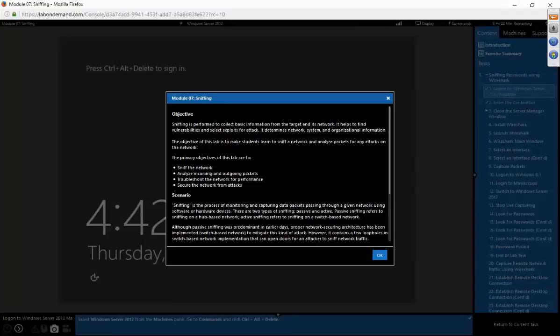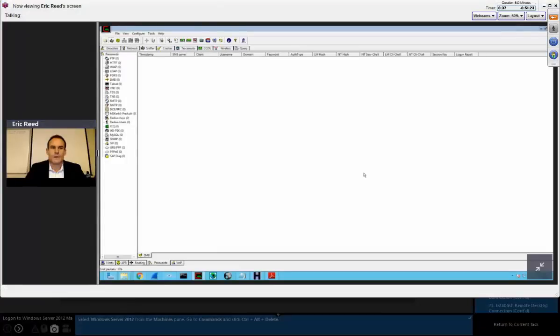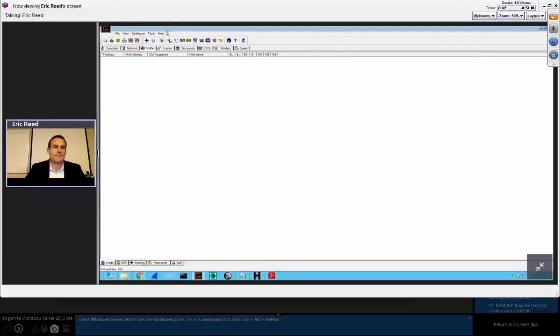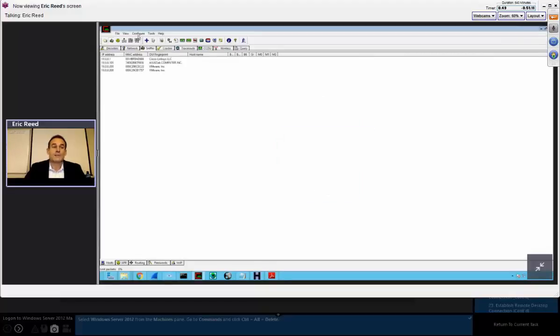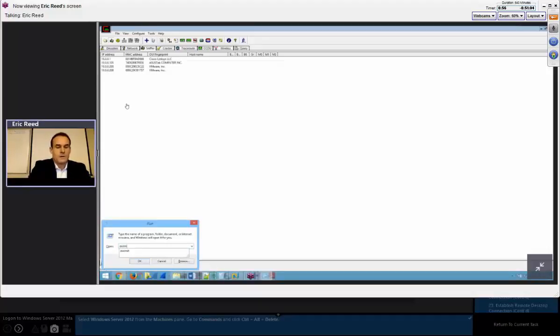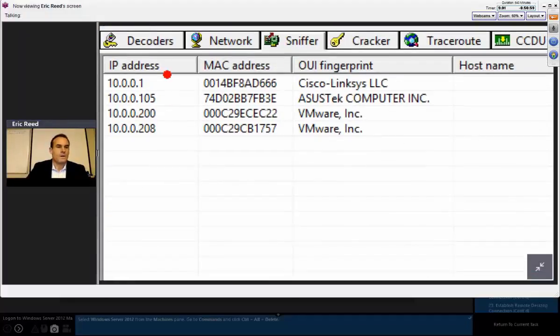All right, so I'm going to use Cain, and I'm going to start up the network adapter. Then I'm going to run a discovery of hosts on the local subnet. So I'll hit the plus symbol, scan all hosts in the subnet, and say OK. All right, so I'm actually going to poison my router